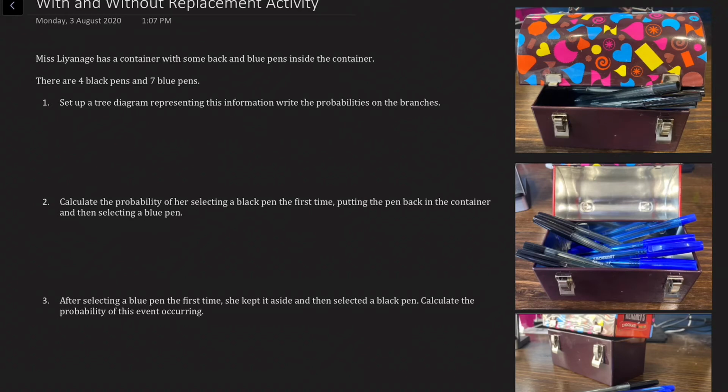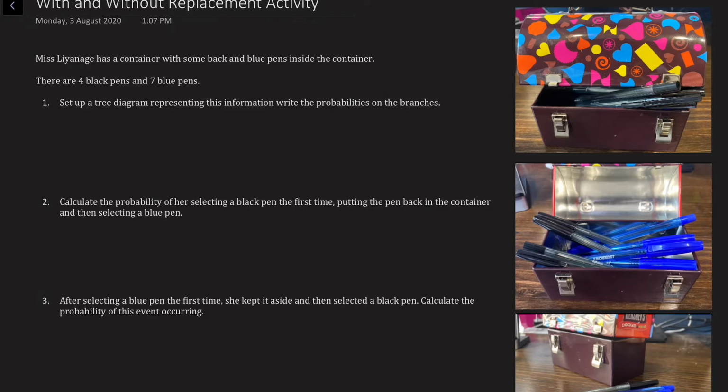All right, so we're going to look at an activity where we're going to consolidate our understanding of with and without replacement. So for context here, I've got a container with some black and blue pens, and we're going to do a series of calculations, basically determining the probability of us selecting black pens or blue pens, depending or independent of us having selected a